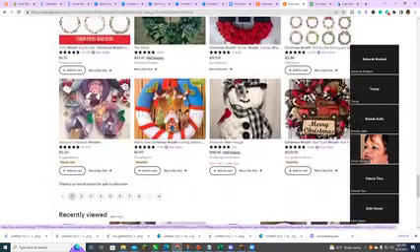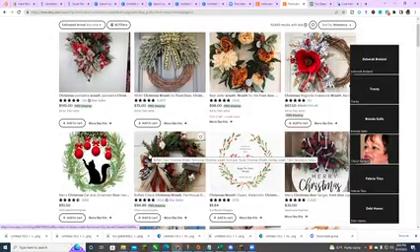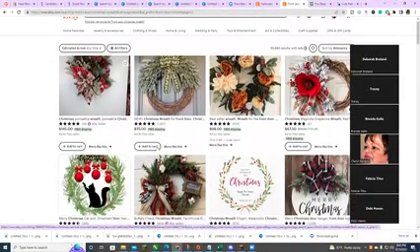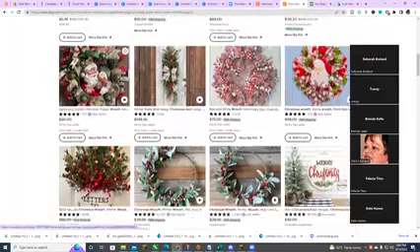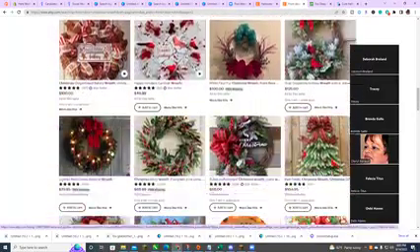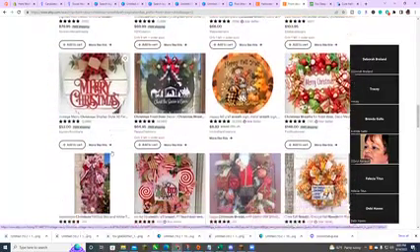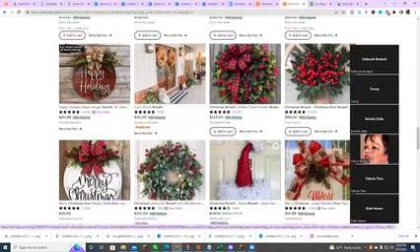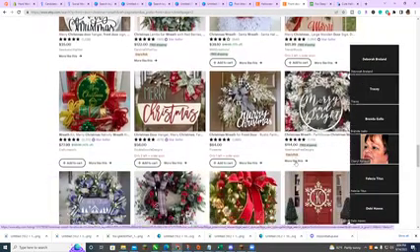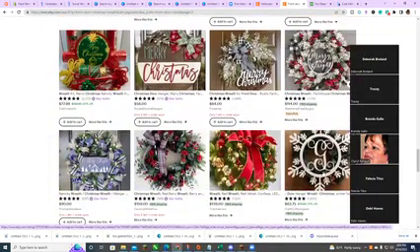So you see what I mean? Let's say that you did multiple items, like a centerpiece and a door like this. So you see, do you see how good that picture looks compared to these others? And you can see there's not very many people that are doing this. And so this is going to help you stand out